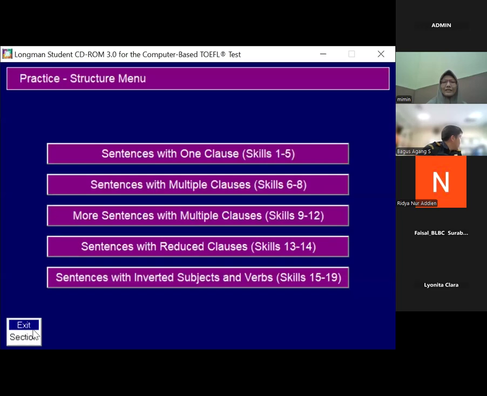Shall I exit and stop this presentation? I'm going. Coach, sorry Coach. Ada satu pertanyaan Coach, bedanya provided sama providing. Penggunaannya pas kapan itu Coach? Exactly the same. I stop this one so that I can type something. Provided and providing. It means jika.